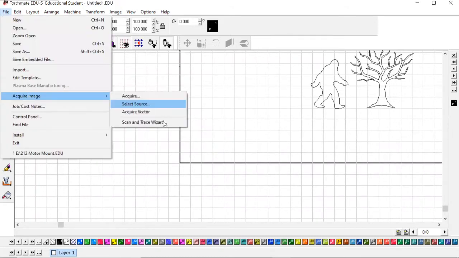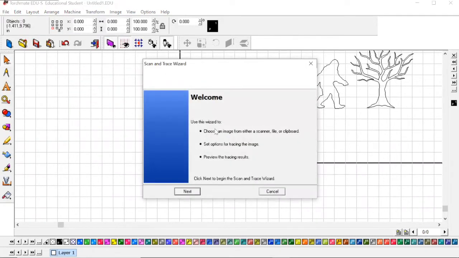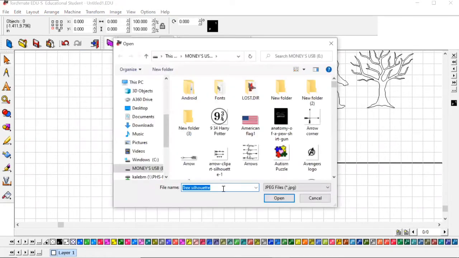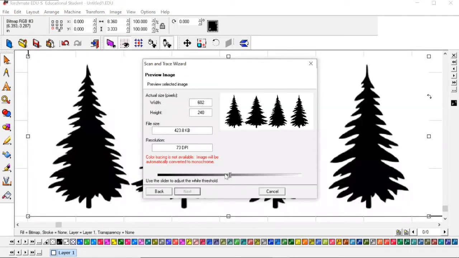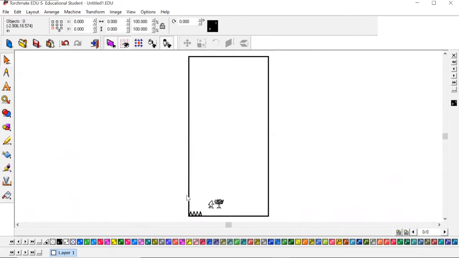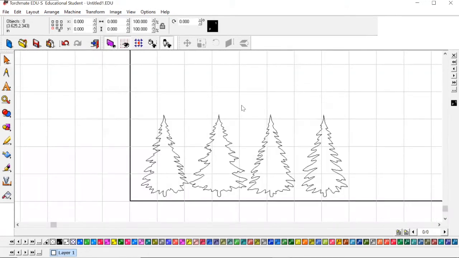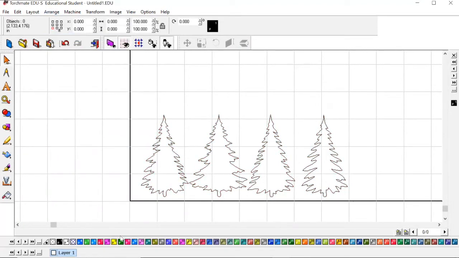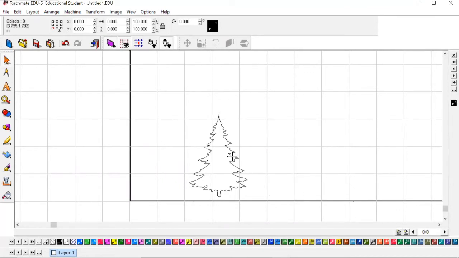Now I want some pine trees. So acquire image, scan and trace, next, browse, next. And you can find all these different clip arts on Google. Just type in pine tree silhouettes or tree silhouette and just find one you like. I'm gonna hit finish. Now, the only one of these trees I actually like is this second one here. So I'm gonna click it, hit arrange, break path, delete this one, delete those two,